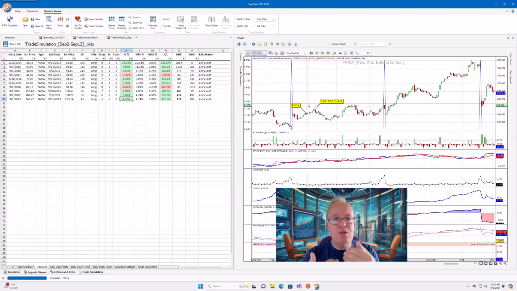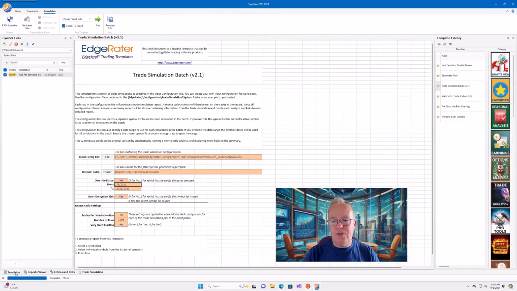So we've drilled down into those trades that make up that number for the average percent gain, and the 8 and the 2. So it's really using existing functionality capabilities of EdgeRater to allow us to see those individual trades. But it's very easy to do. And I know a lot of people are not doing the trade simulation side of the program, but this is all canned, so you don't have to go into all the details of the trade simulation.